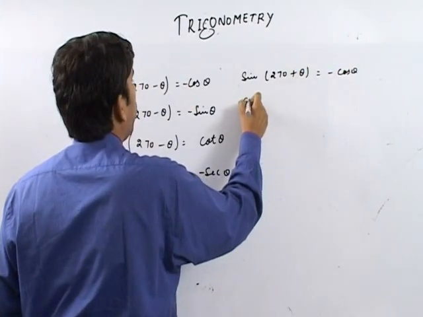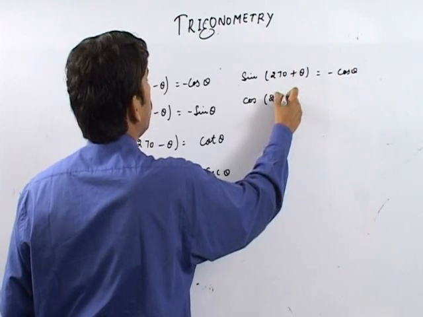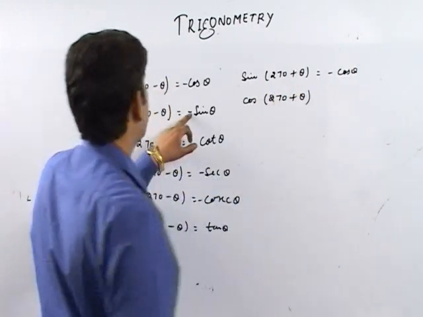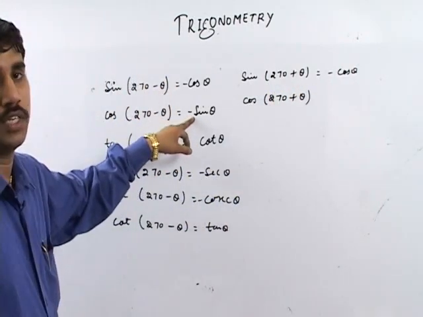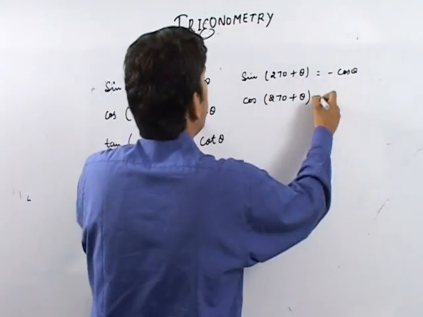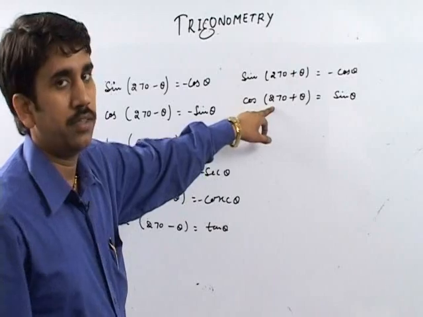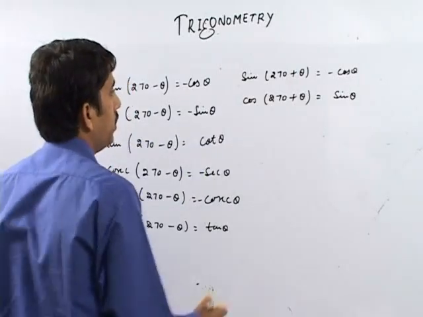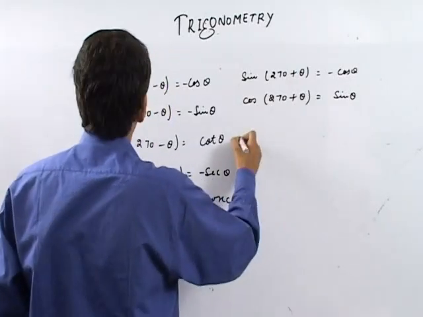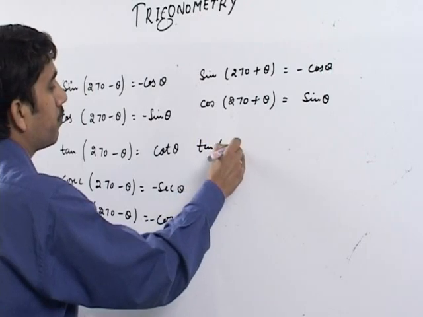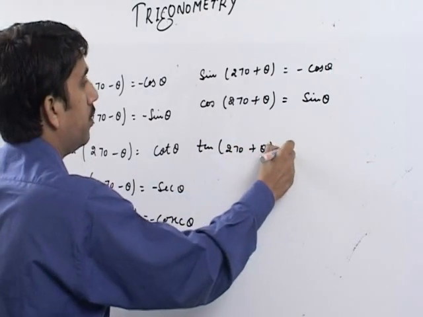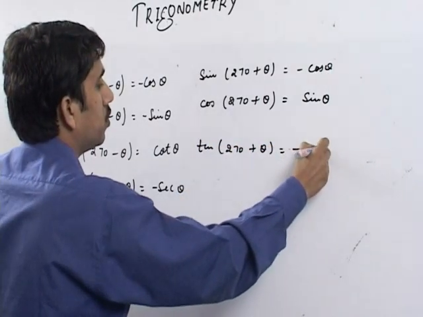But when you write cos of 270 plus theta, the sign of this trigonometric function will change. This will become sin theta only, because 270 plus theta is in the fourth quadrant and cos theta is positive in the fourth quadrant. Then tan of 270 plus theta is equal to minus cot theta,